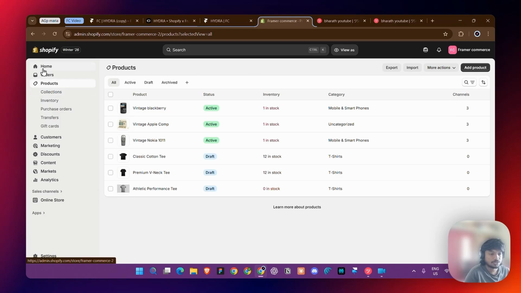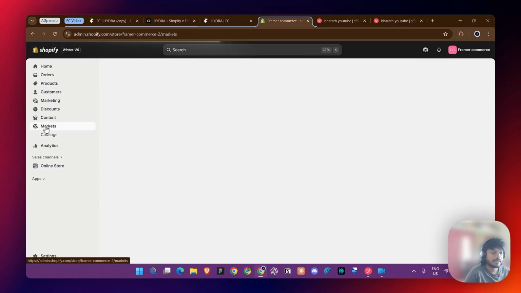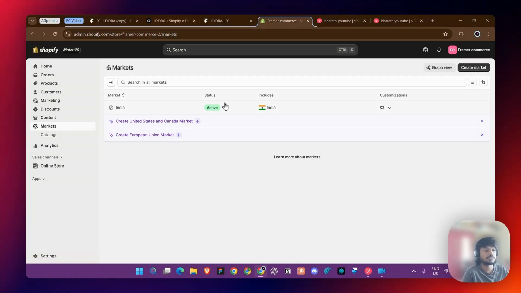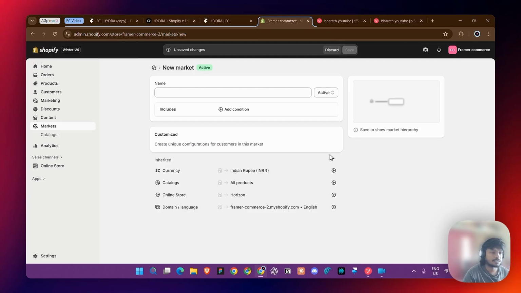In this demo store, if you go to Markets, you're going to find the global markets in which your store is active right now. I'm from India, so by default it includes India. I want to change it. I want to create a market and make it international, because I want to sell my products in some countries. What I can do is name it International,